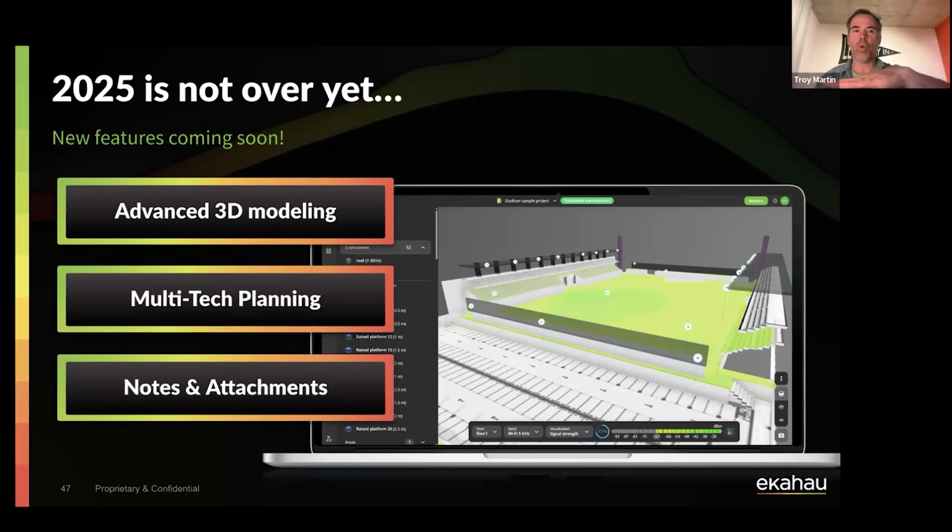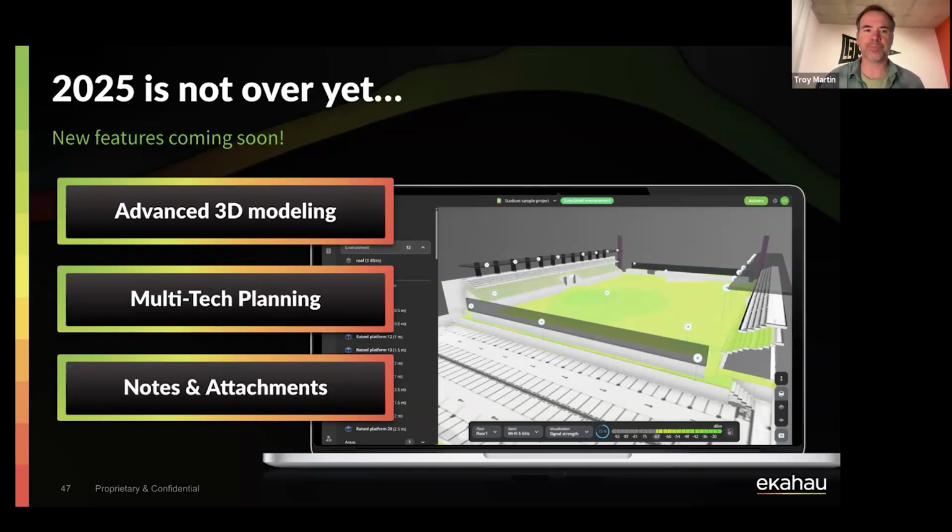You'll be able to build overhangs across various structures and then rotate and visualize that in 3 dimensions to see exactly what's going on in your RF model, right? So this allows you to implement more accuracy, view things in multiple planes from multiple angles. And of course, Ekahau will model all the reflection off those surfaces to build the most accurate and detailed heat maps so you can make sure that you're looking at the coverage that you'd expect to see once you deploy